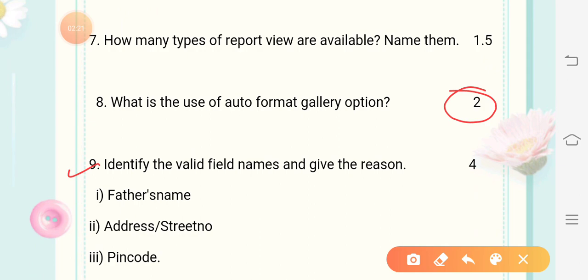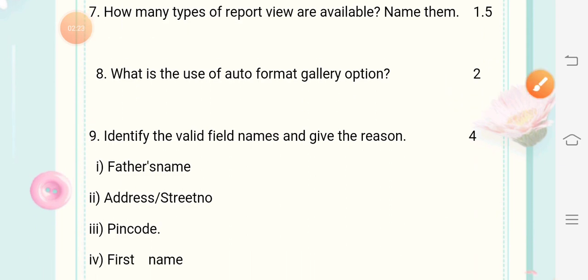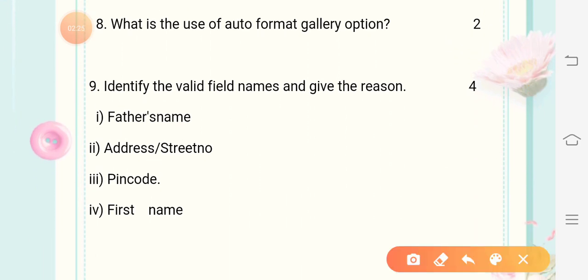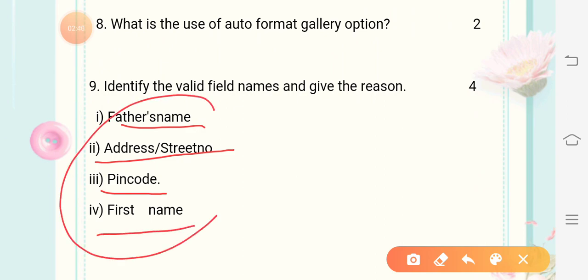Next, identify the valid field names and give the reason. You have to give the reason also, that which is valid and which is invalid, right? So here it is father's name, next is address slash street number, next one is pin code dot, and here it is first name. So these 4 parts are given here. You have to write whether it is valid or invalid and give the reason for invalid names only.